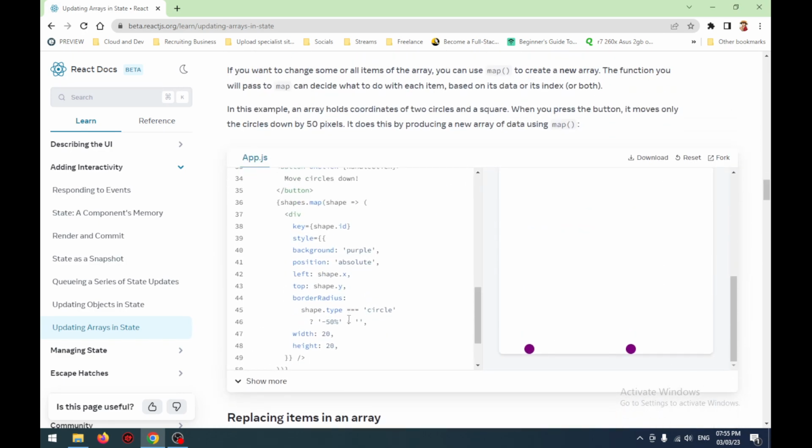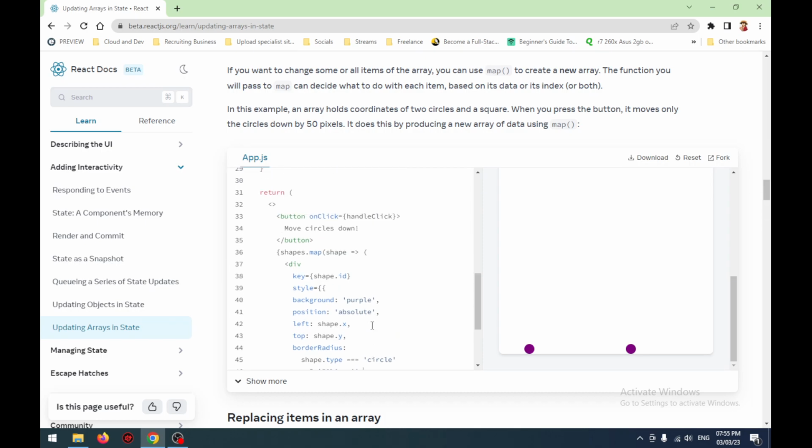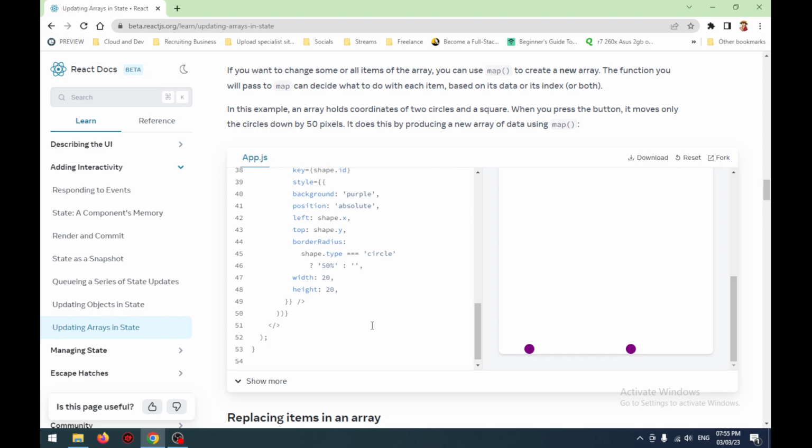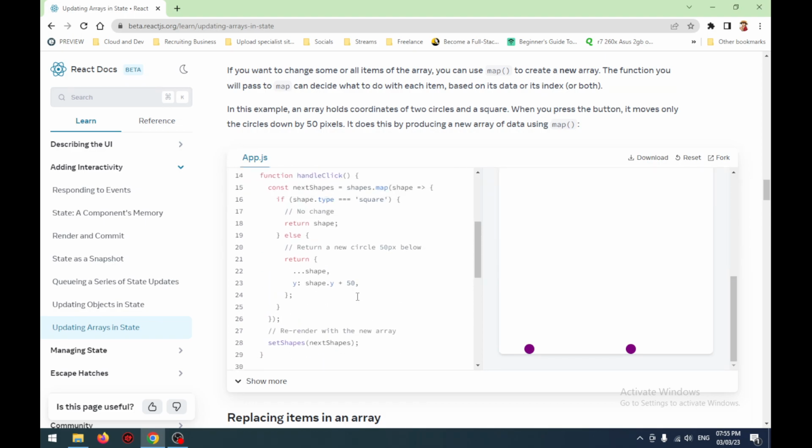Oh, they're still going down. Where's the additional? Oh wait, now they will come up, I believe. Yeah. I guess this is the one, but